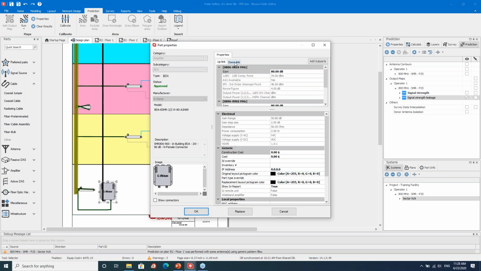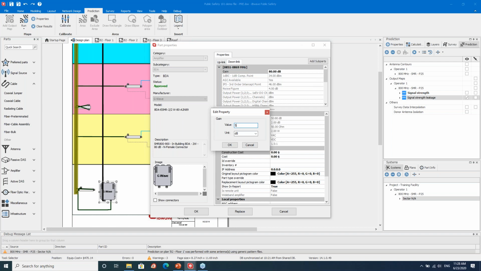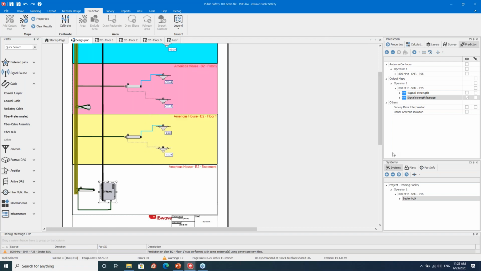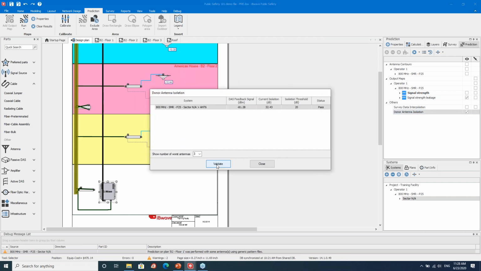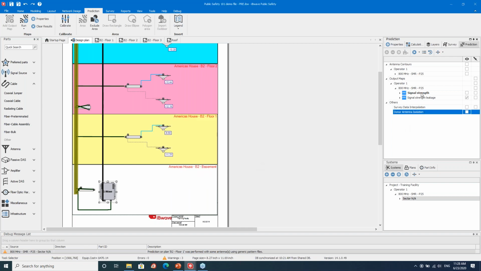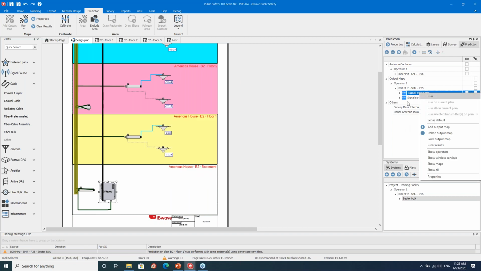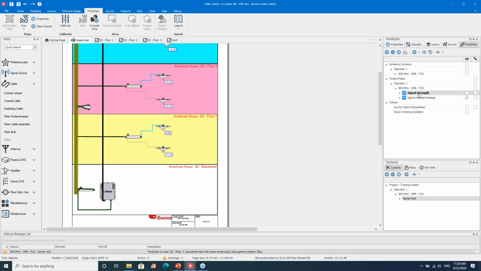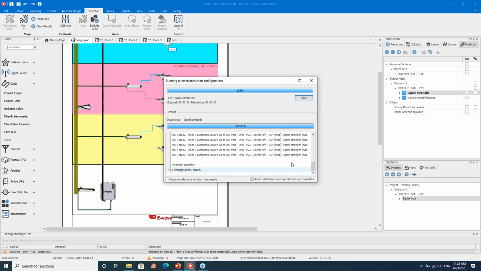In this case, I might have selected something that's a little too hot. So I'll go ahead and reduce the gain here on my repeater. Click on OK. Now let's validate our donor antenna isolation. We're good with that, right? So now that we changed, we see the up power. Let's go ahead and make sure that we're still good